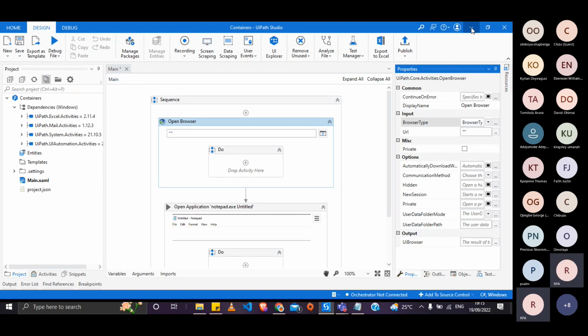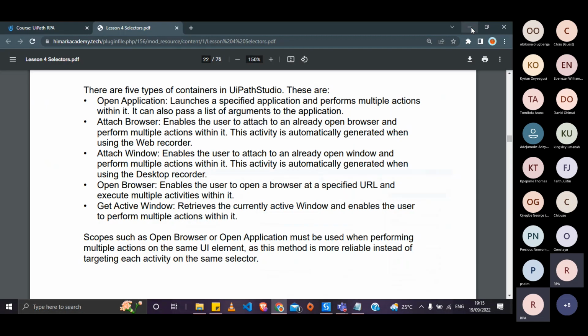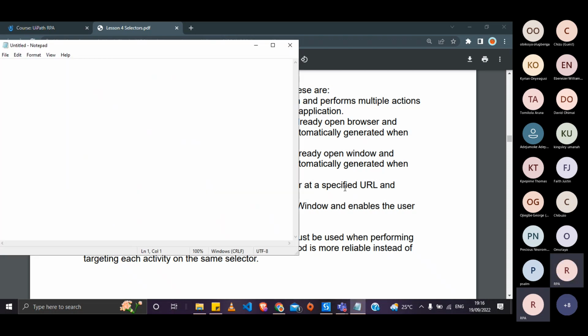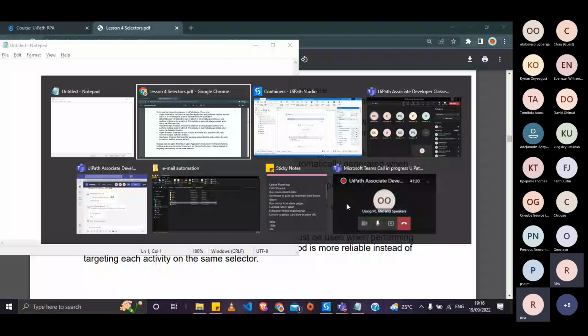Now, Attach Window works similarly to an Open Application activity, but the difference is that while Open Application allows us to open an app that's closed, Attach Window only works with windows that are open, apps that are open. So if, for example, we're trying to work with Notepad, like how we did on the Open Application activity,